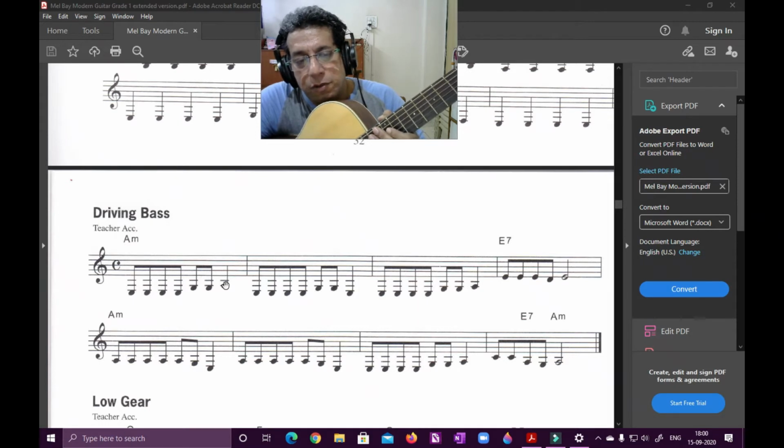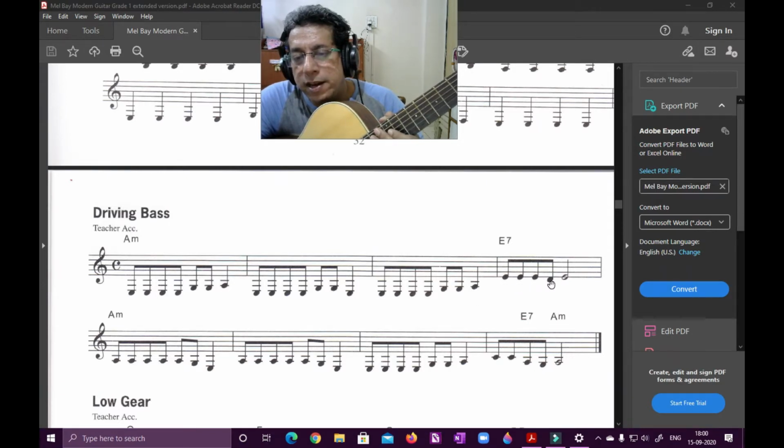Okay, so let me just jump the cursor. Look at my line, the cursor, how I jump it and count. Okay, keep an eye on the cursor. 1 and 2 and 3 and 4 and, then again 1 and 2 and 3 and 4 and. So the quavers which are beamed, you can see this beam here, they're getting half a beat basically. Then it continues again 1 and 2 and 3 and 4 and, the last fourth bar is going 1 and